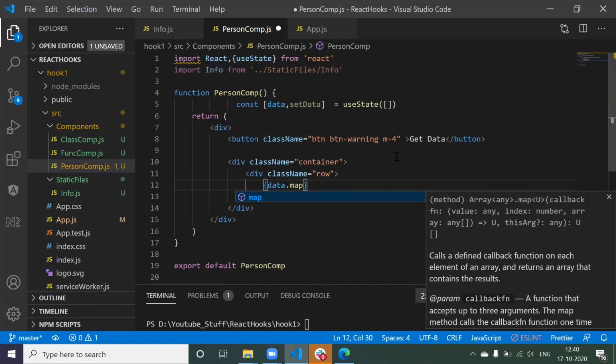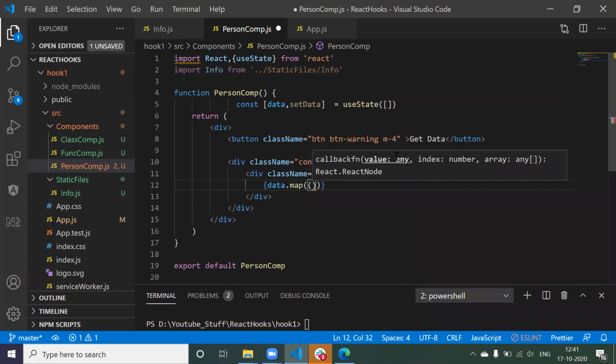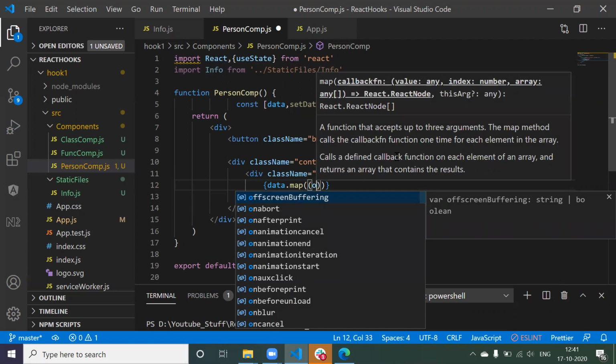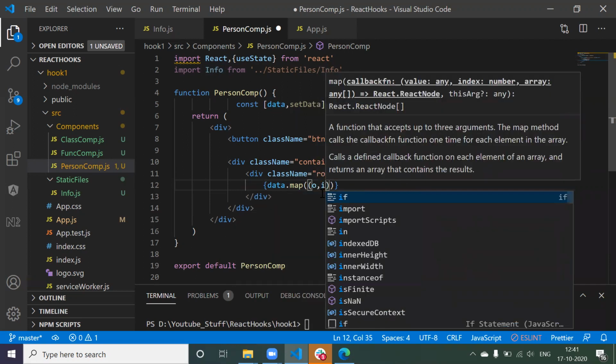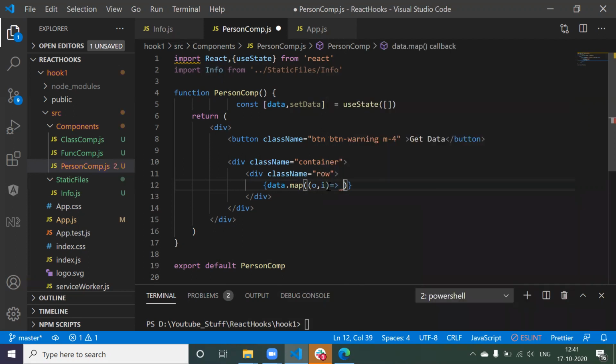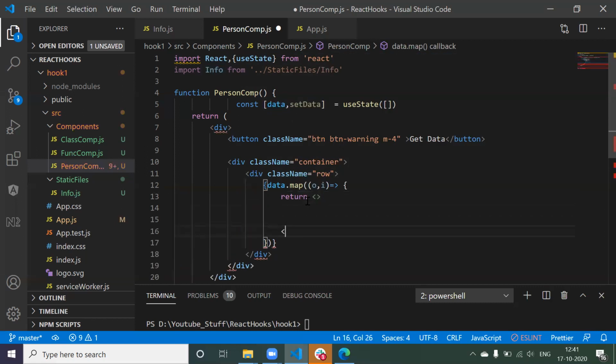Now what this map is going to do, it is going to iterate each and every element of your array. Now this map is going to take one more callback function. Now that callback function will have two parameters. One is going to be your element and one will be the index of that element. Okay, fine. Now this is the map. Now here this map is going to return some element. So this time, this return will be something like this. Now this time it is going to return something.